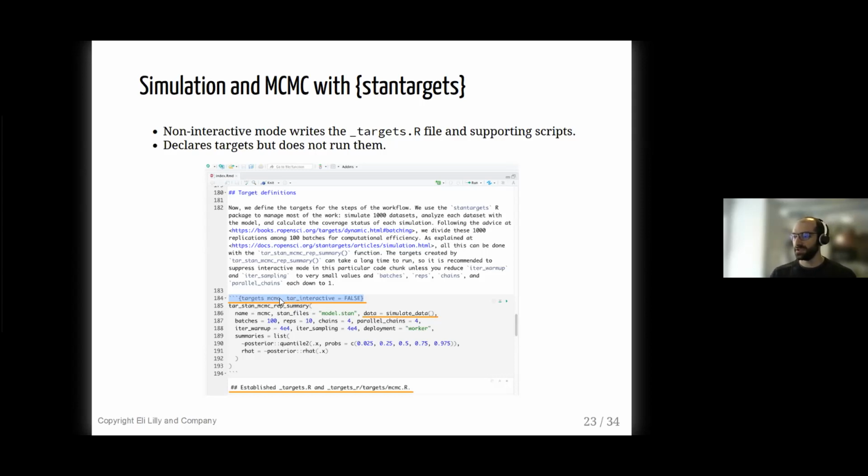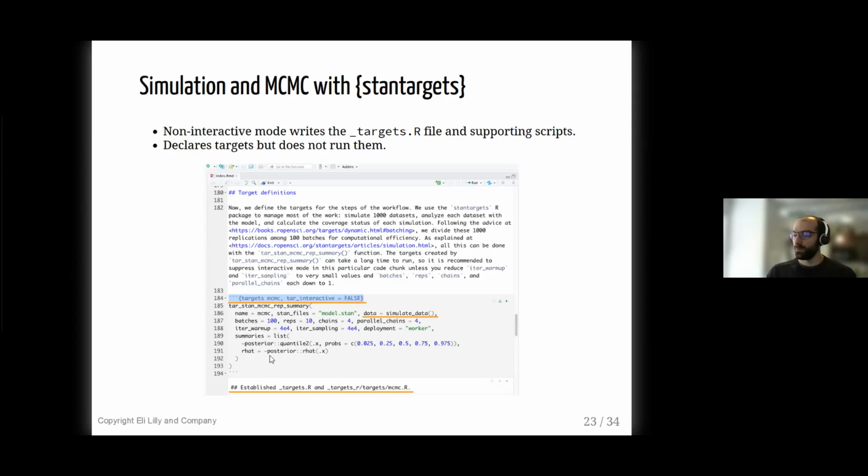But anyway, if we don't have the tar_globals option equal to true, then this will define a target. If we run this in interactive mode, then clicking the play button will actually run this target and assign the objects to the environment. That's great for prototyping. But if we just want to construct the pipeline to execute later, what we'll do is we'll say tar_interactive equal to false. And what that's going to do is it's not going to actually run the code in this chunk. And in fact, sometimes that's unwise for something this large, because it can take several hours to actually run this in your session.